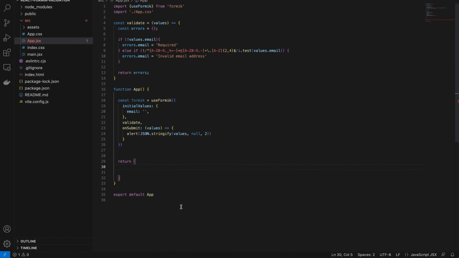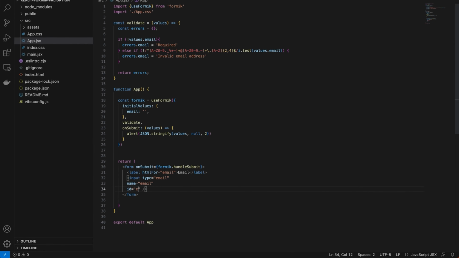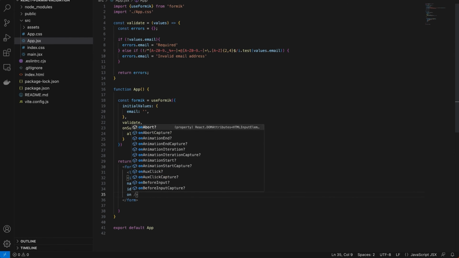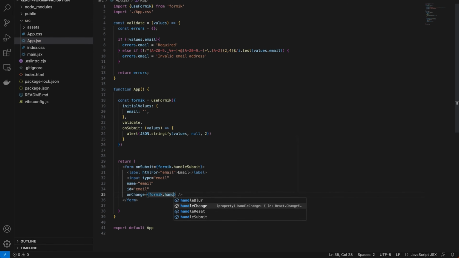Moving on to the form interface, we construct our form within the return statement. We assign Formik handleSubmit to the form's onSubmit event, ensuring that Formik manages the submission process. In the form, we add an email input field and assign both the name and ID attributes as email. This field is connected to two Formik functions: Formik handleChange, which updates the form state whenever the user types